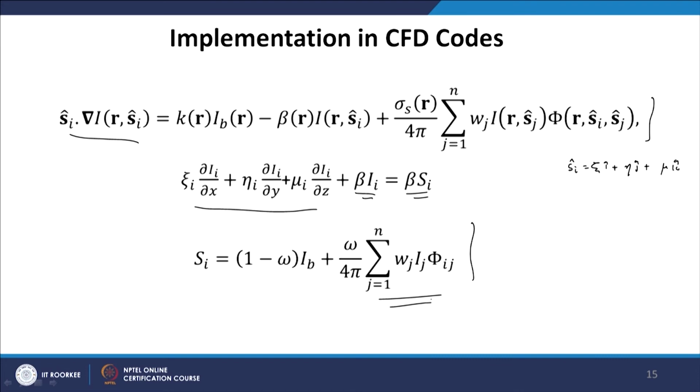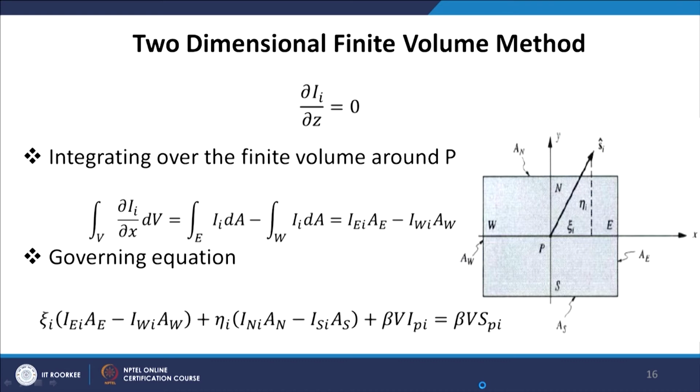Now, what we will do is we have to discretize the partial derivatives appearing in this equation. So, we will take a special case of a 2 dimensional domain. The method can easily be extended to 3 dimensions; we are just understanding how it is implemented in 2 dimensions. We take a special case where del I by del z is equal to 0. That means, in a 2 dimensional problem the intensity does not vary in the z direction, because the z direction is infinite. So, the intensity will not change with respect to z, and this term will be 0.